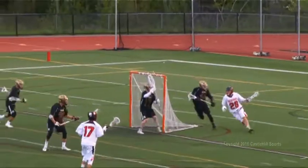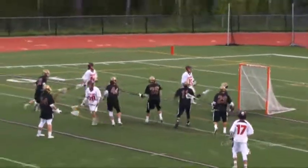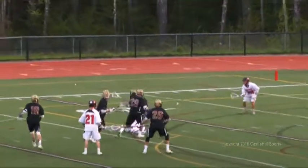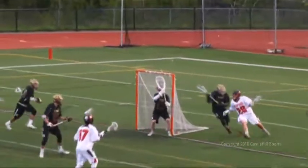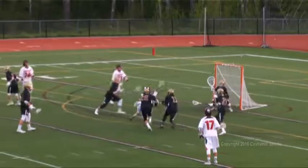Bulldogs retain possession. They get it to Howe. He comes over in his left hand. He draws a defender. He gets free, gets it in his right, and scores. So Brandon Howe, all on his own there. He picked up the errant ball after Clark got dumped on his dodge. He went all the way from the far side of the field, went through X, and came back in his